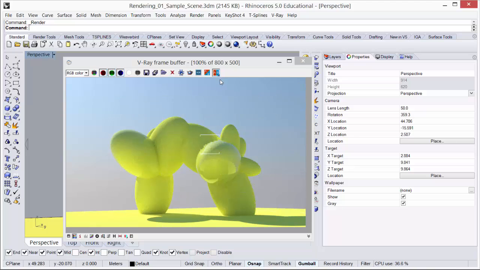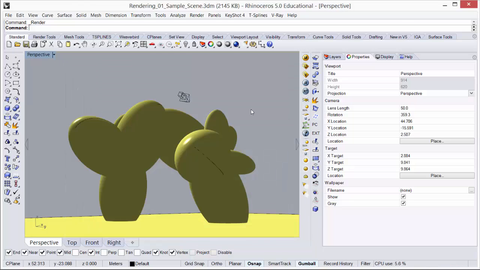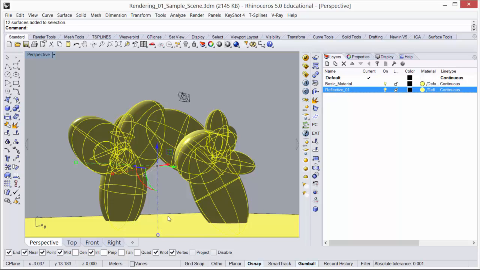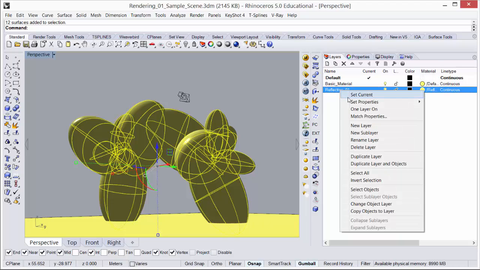So now you see that we have quite a bit of depth in our image just with the simple addition of a reflective layer in the second diffuse material. I'm going to go ahead and close this and select all of these objects. I'm going to leave the ground as a diffuse material. I don't want that reflecting,